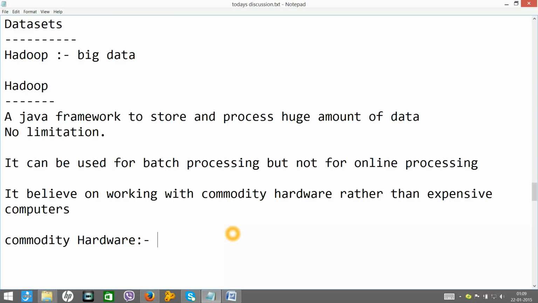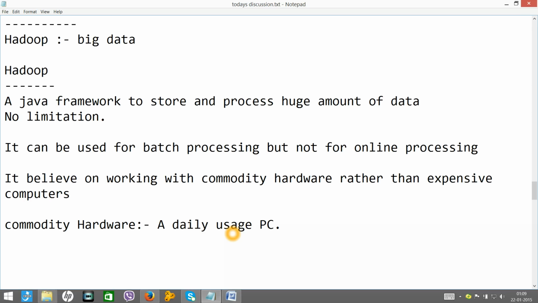It is nothing but a daily use PC. Okay, that means if you want to practice Hadoop, if you want to set up some Hadoop system, Hadoop does not demand you to go and buy very high-end expensive machines. Hadoop says it is up to you.